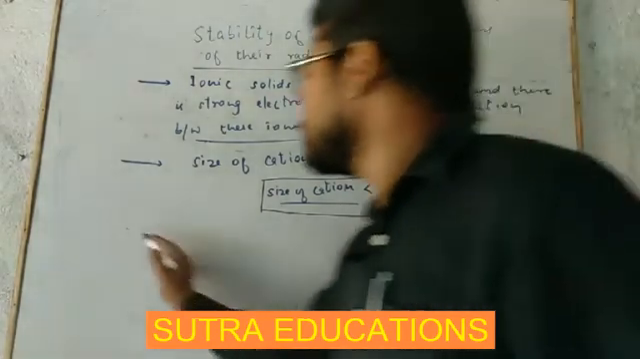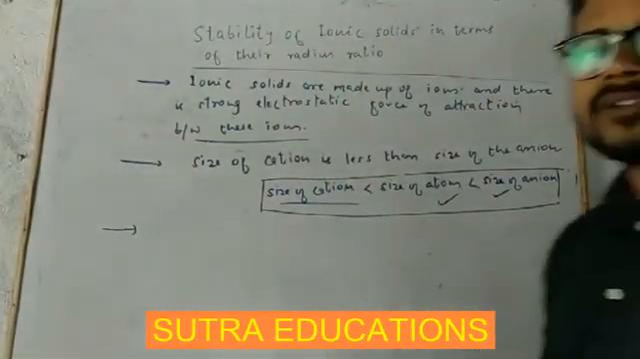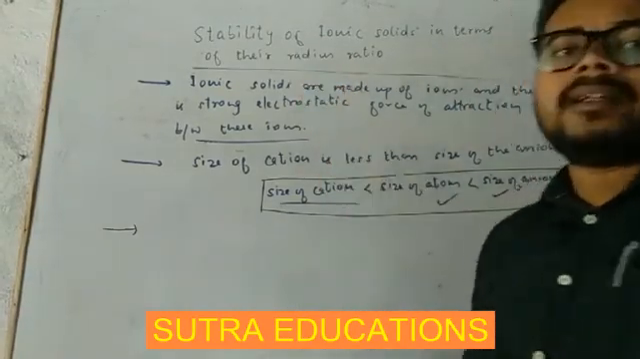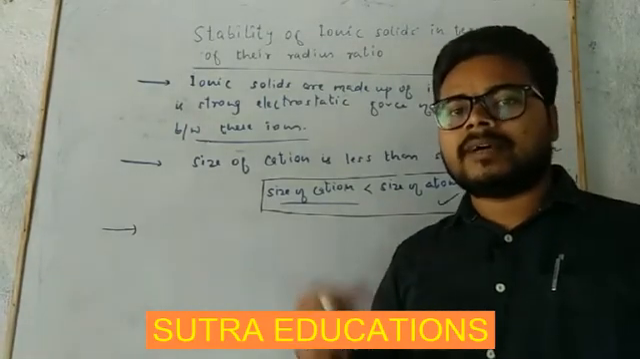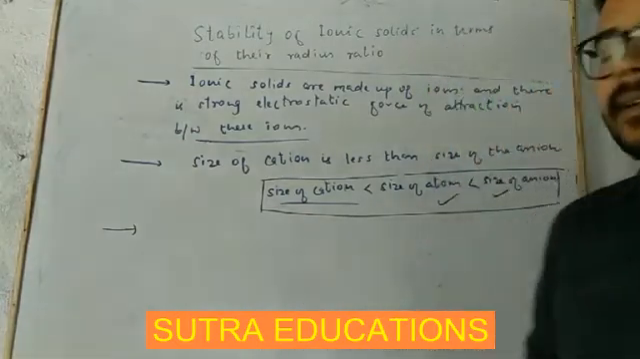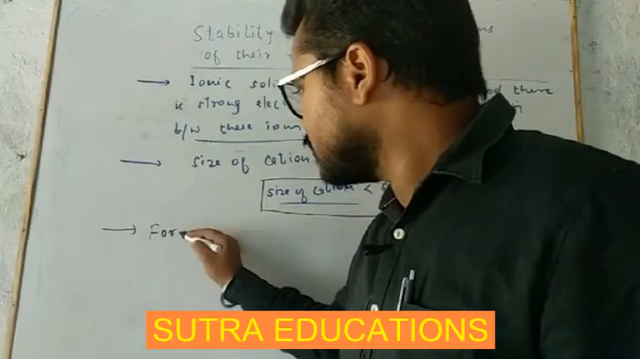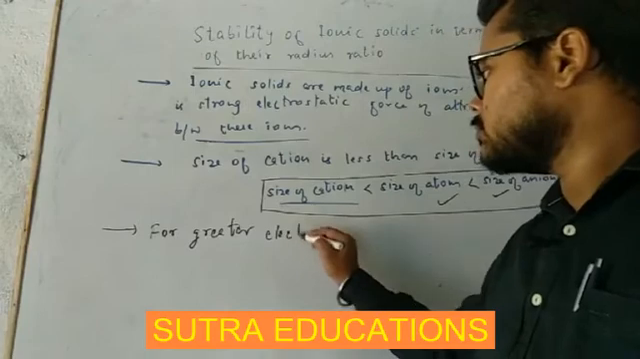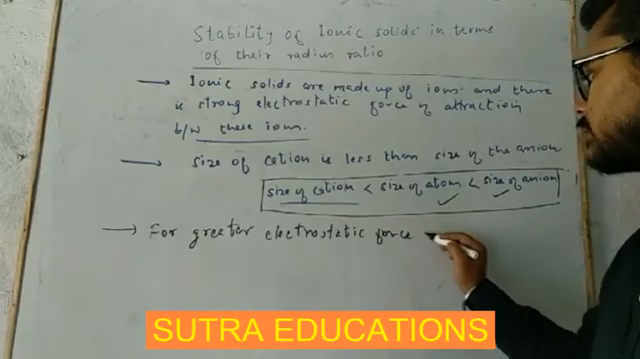So for greater force of attraction, we know if it is ionic solid, then electrostatic force of attraction between these ions plays a vital role in the stability of the ionic solids. So for greater electrostatic force of attraction,